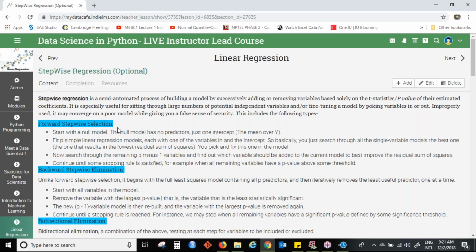Okay, you have seen that already, right? Whichever variables you were giving in the model, you were getting coefficients for those variables. So you had to manually look at the p-value and eliminate the variable. So this is what is done by default.